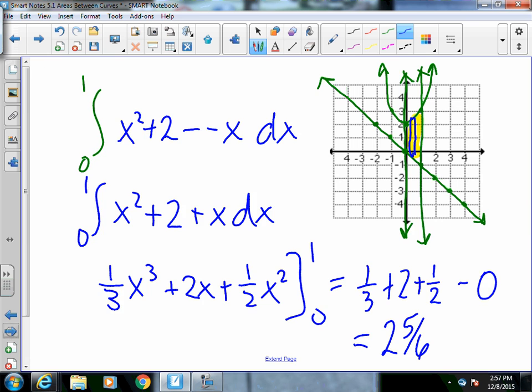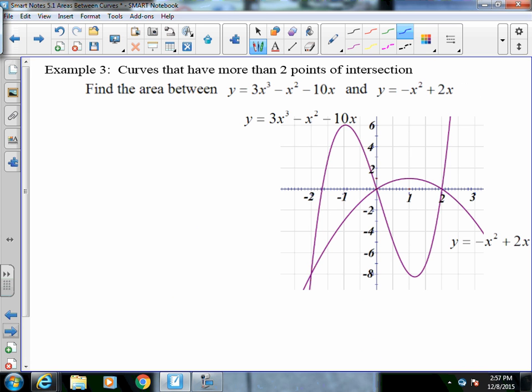Now this next one actually gives us a couple regions, and it's nice in the picture. They're labeled for us rather well. We figure out where those graphs intersect, and they intersect at (2, 0) and at (-2, -8). But if you notice, we draw a rectangle